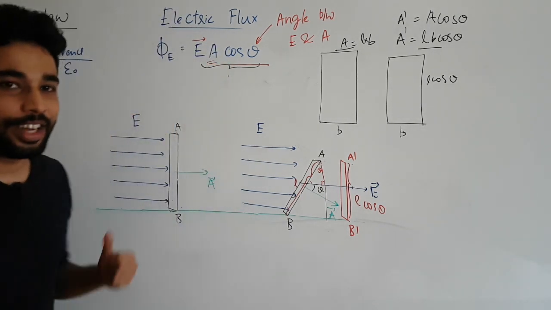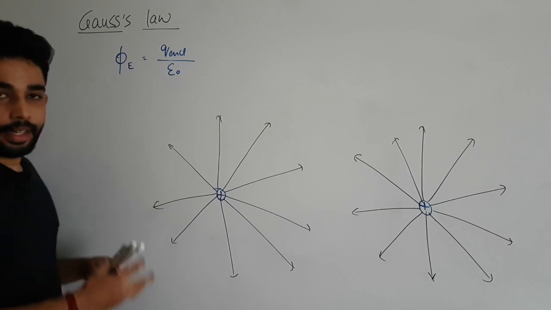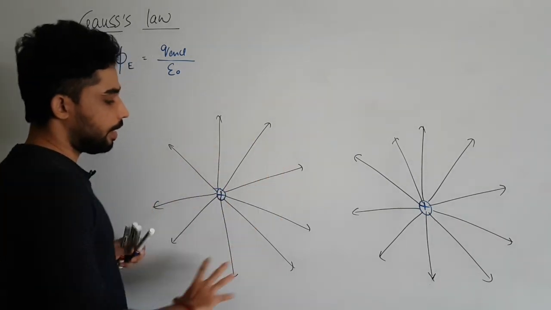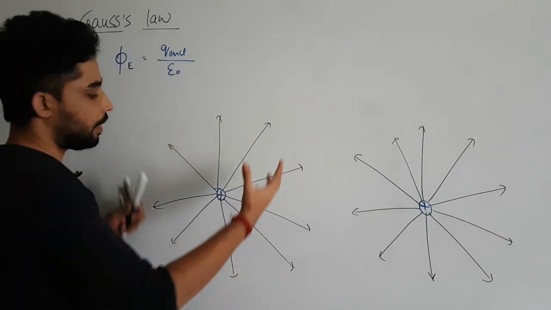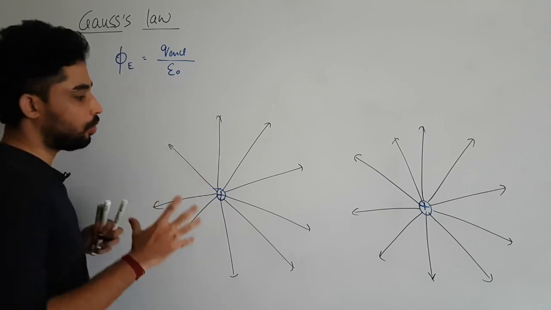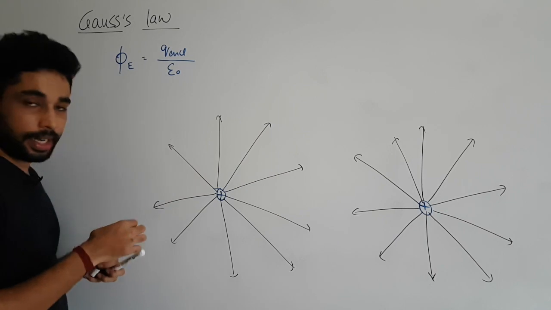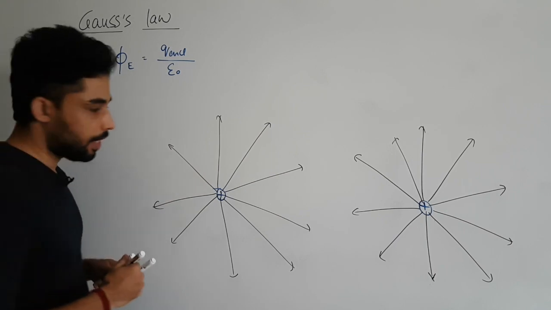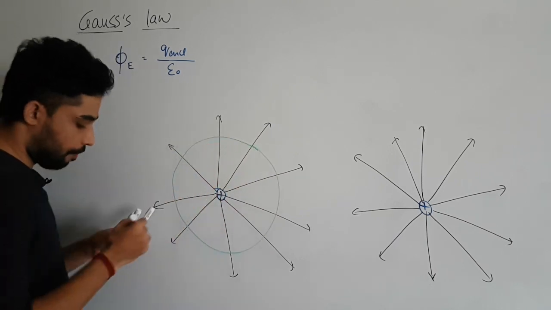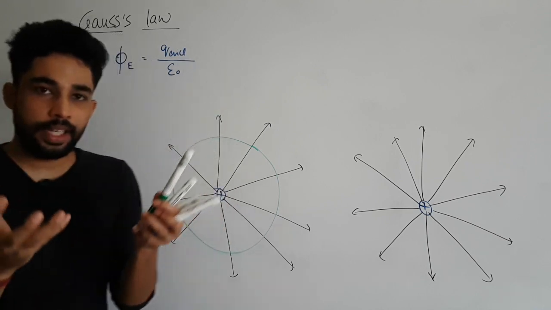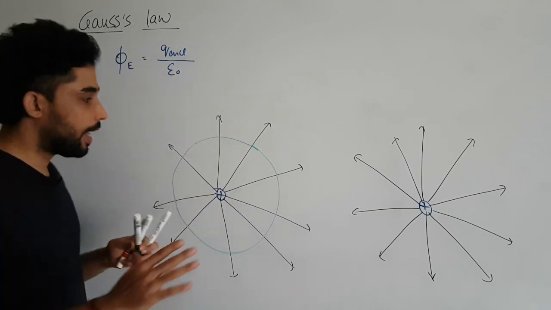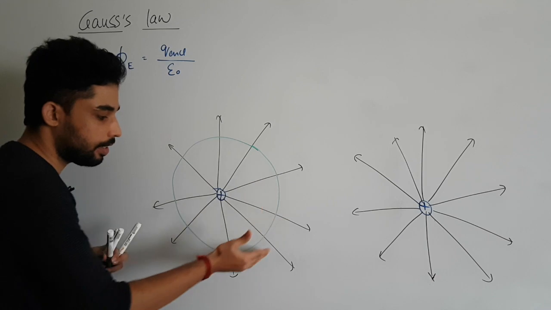Now let's get back to Gauss law. So here, consider a positive charge and it is putting out the electric field radially outwards. Now if I want to consider a surface through which all these field lines will be cutting, the best surface would be a sphere, because of its symmetry, surrounding that charge, so that all the field lines would be cutting across its surface like this.